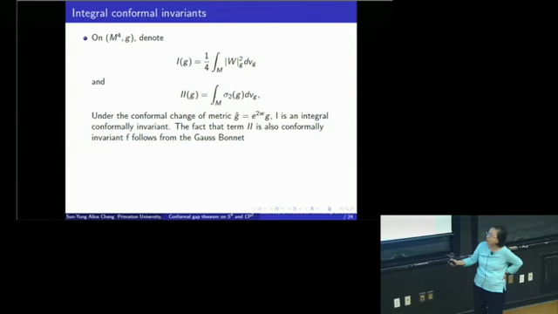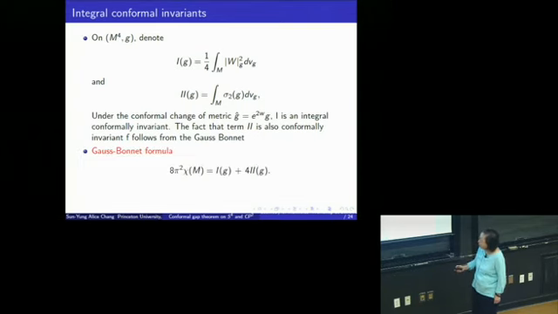That is, the I g hat is the same as I g. But it turns out this second functional is also a conformal invariant. In that case, this sigma 2 dV g is not a pointwise invariant, but the integration is a conformal invariant. So it's the analog of Gaussian curvature. Gaussian curvature on a surface is not a pointwise invariant, but the integration of Gaussian curvature is a topological quantity, hence conformal invariant. And this is a consequence of Gauss-Bonnet.